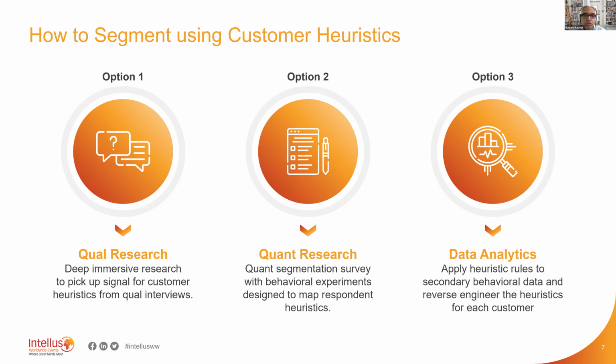In quant research, you can study more than just heuristics. You can include behavioral questions, you can include attitudinal questions, etc. But even in quant research, you're still going to need to figure out how to cleverly disguise your survey questions so that you can get a respondent to show their hand. The heuristics are hidden.